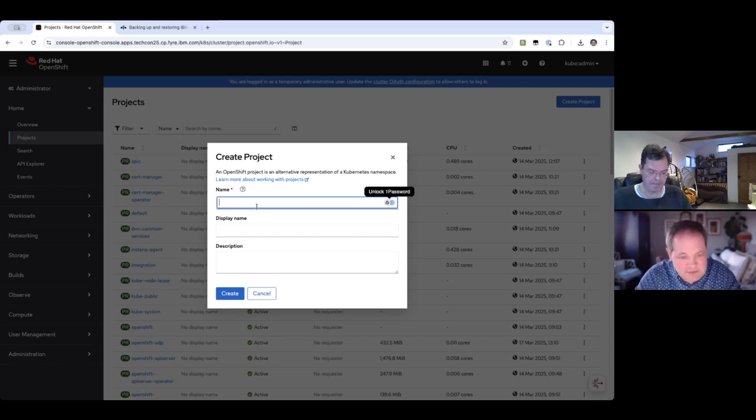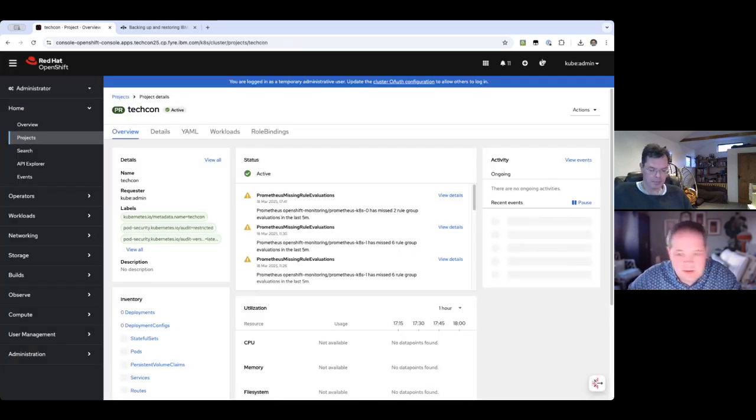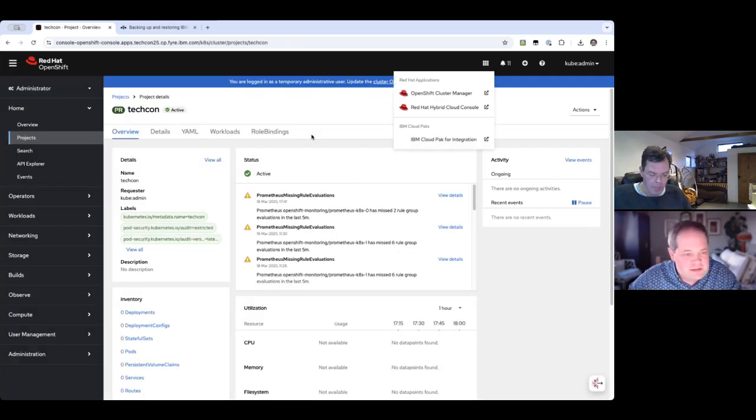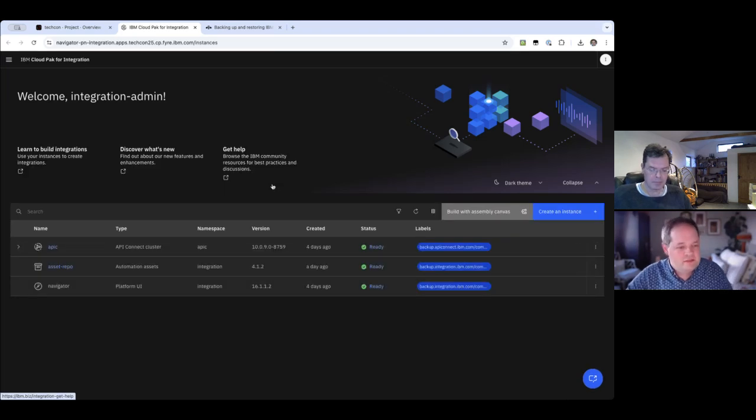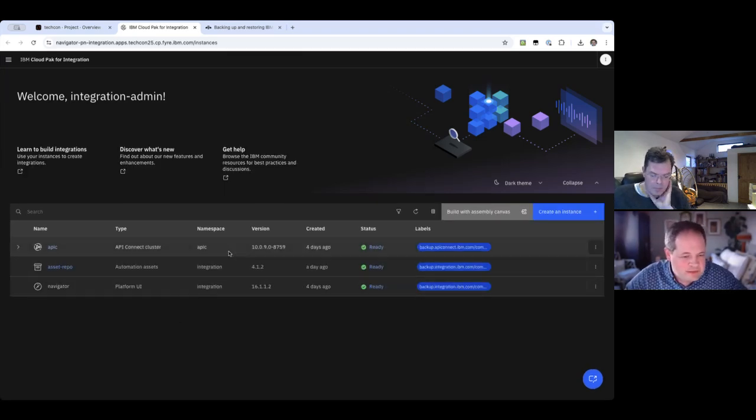Magician style, I'm going to start with absolutely nothing. So I'm going to make a brand new project to do all of this in. Why I say absolutely nothing, I'm actually going to start with a CP4I installation, but nothing in the TechCon project. And then I'm going to load up the Cloud Pak for Integration platform UI. And I'm going to start building some things into that namespace. So you can see that we don't have anything in that namespace at the moment. I have installed API Connect, and I have installed an asset repo, and I have installed the platform navigator on the cluster just so we can get started, because installing lots of things over and over again is not exactly